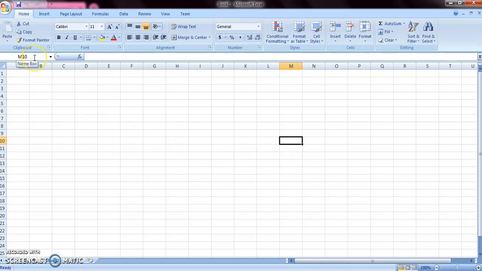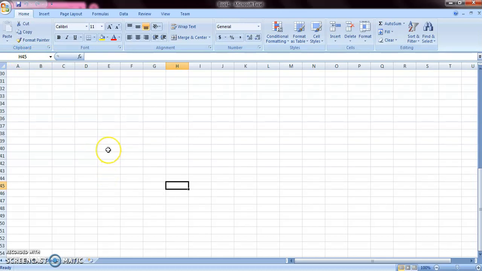So whenever you type any cell address in the name box, your active cell will jump right to that location. Like another example, I am typing H45. When I press enter, it goes to the H45 cell, column H and row number 45. So that is the purpose of the name box. It displays the active cell address, or you can type a cell address to make it active.